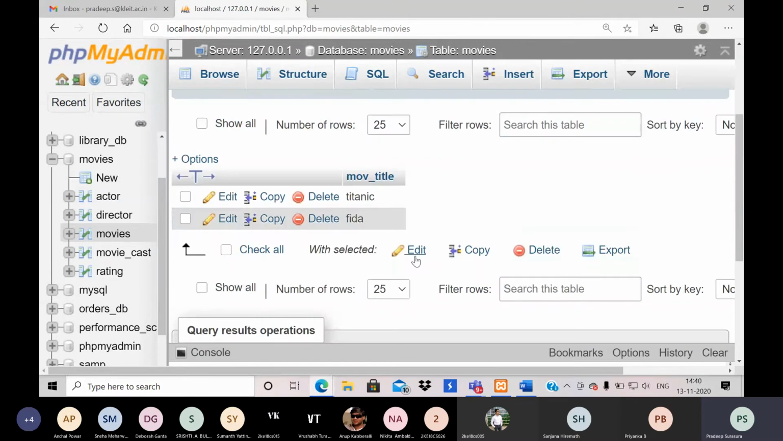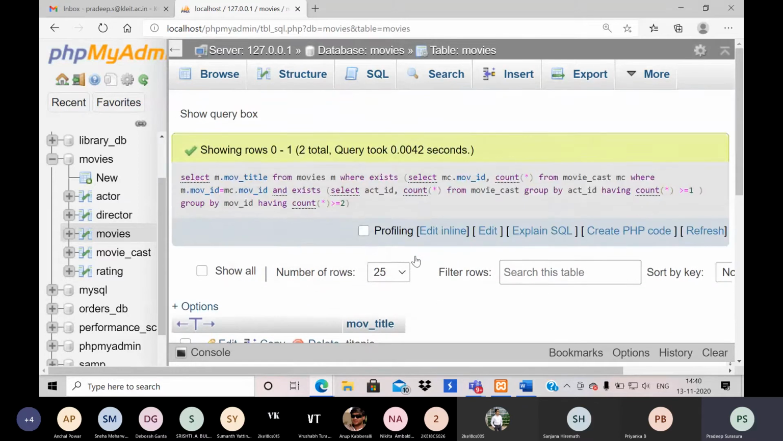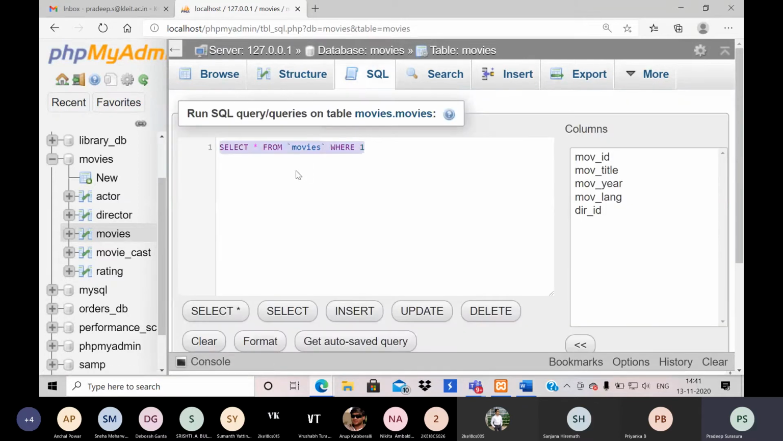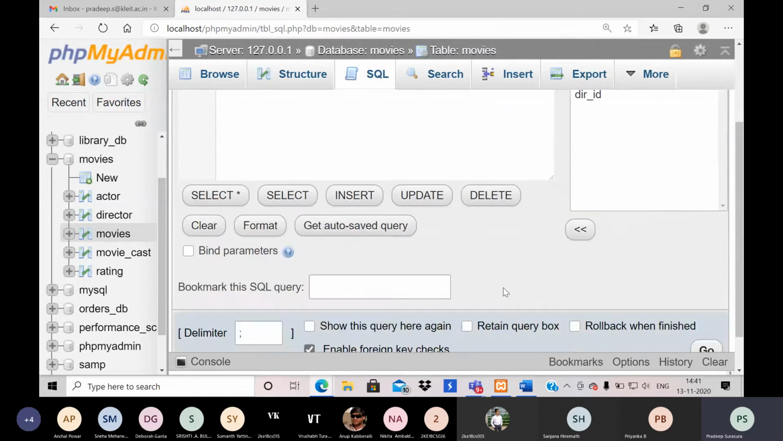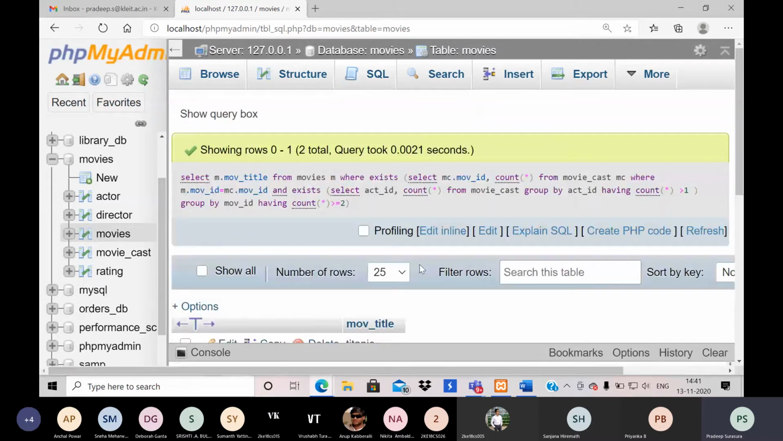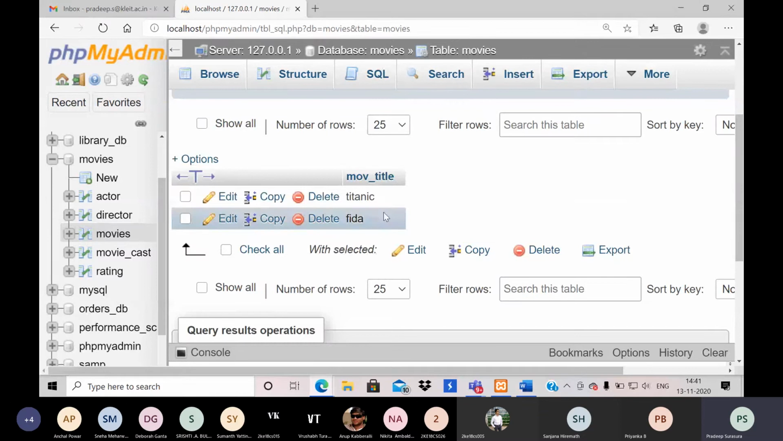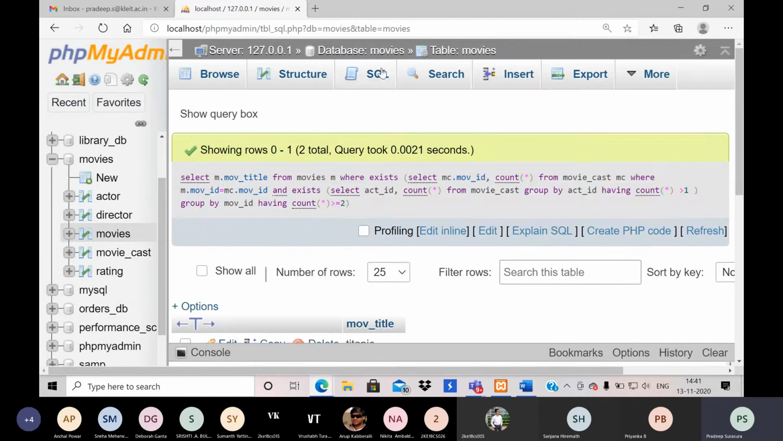Okay, 2 rows are there. Let me change this query to 1. I think only one or 2 rows, Titanic and Fira. In this movie, I have multiple people working. So how this query works means,